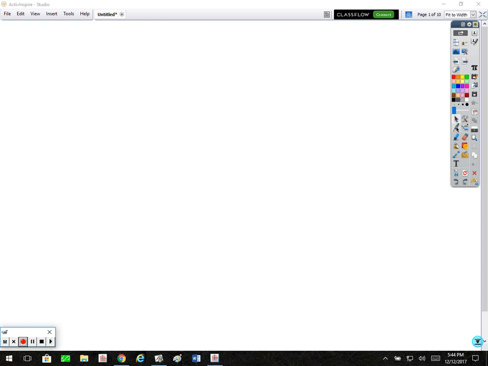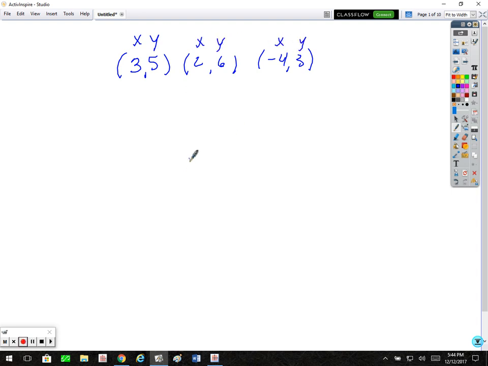So let's just do a brief recap of what we talked about the other day in class. We're looking at a set of ordered pairs. So if I have the set of ordered pairs, let's say (3, 5), (2, 6), (-4, 3). Just a real short, quick, easy set of ordered pairs. But if I'm looking here, remember what we're looking for. Remember, a set of ordered pairs is any x and y variable that I can use to plot a point on the coordinate plane. Well, if I'm looking here, remember we said the first number in each